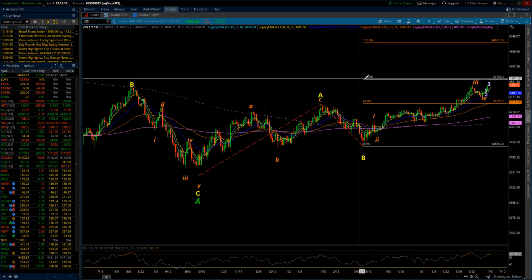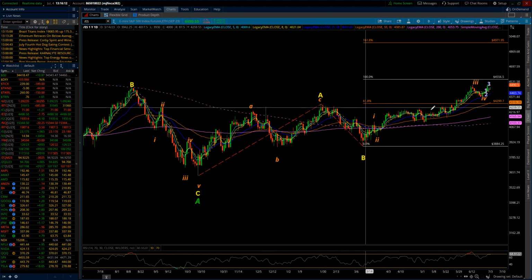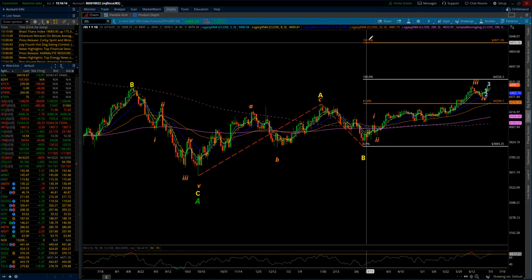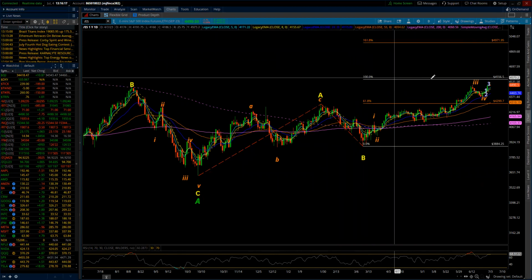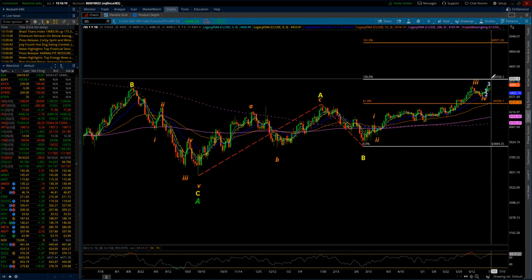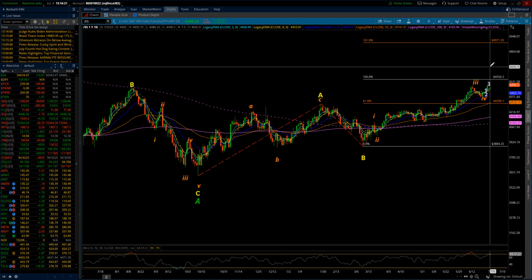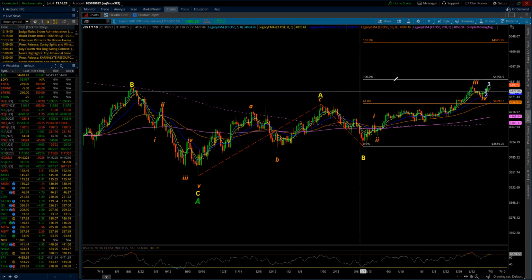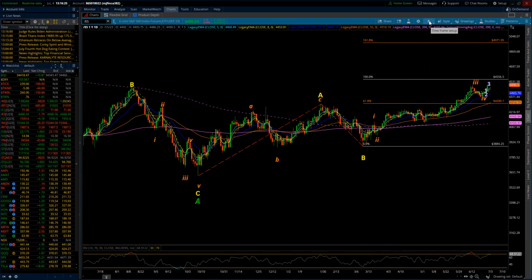Okay, so most common, equality. Second up would be this, which is already out of the picture. Third up would be this. So we need to get past that, and depending on how hard it blasts through it, and what the catalyst would be, then we add that to our analysis.